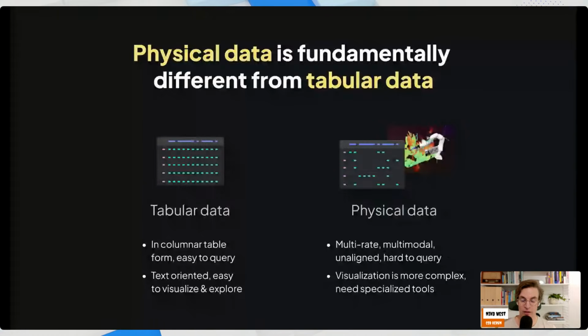Your motion sensors at 500 or 1,000 hertz, and then you'll just have a lot of internal data that will end up not coming in all at the same time. That's just how these systems end up having to get built, and that just makes the data tools very, very different, and it makes it very hard to plug this kind of data into tabular data, right? And yeah, the visualization, of course, is way more complex. So that just means that you cannot effectively use the kind of big data tools that we have.